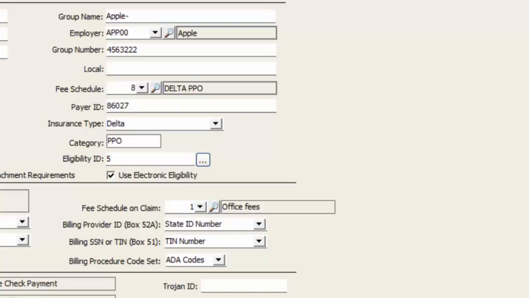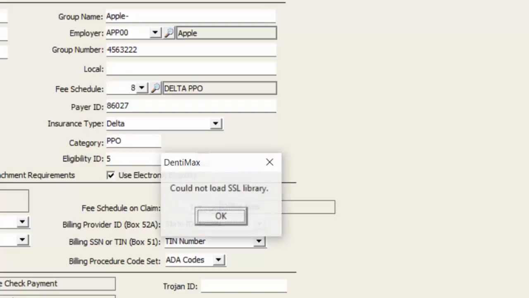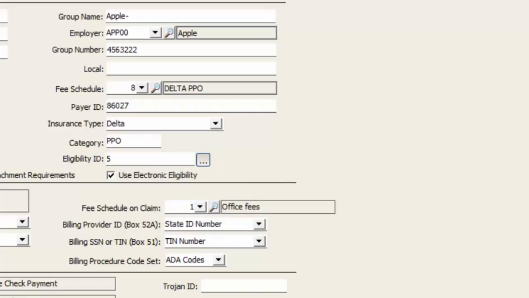The eligibility ID number is essentially the electronic address for this insurance plan. So if I click this little button and you have signed up for real-time eligibility, what that would typically do, and sorry, mine is not live at the moment, but it would open up a little pop-up window and it'll have a listing of Delta Dental plans. You select the one that should be attached to this insurance company that you're adding, and that will populate